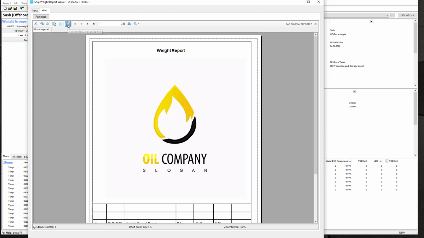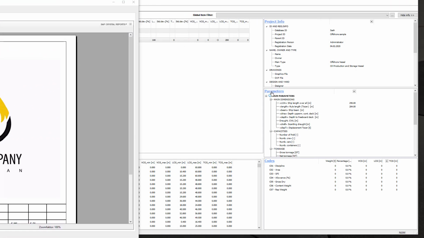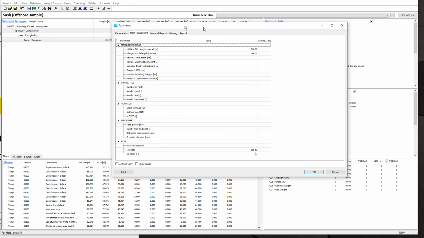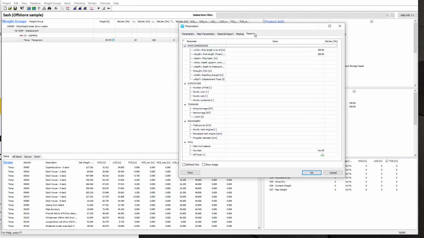So you find your report here, and if I put this to the side here a little bit and bring back the parameters from this window, report,